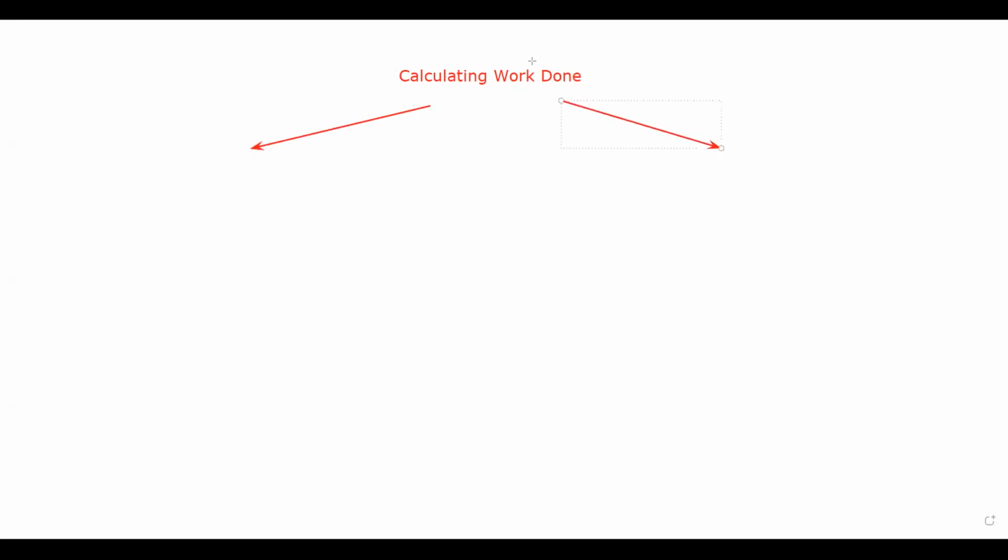Number one, if we are pushing or pulling the object, and number two, if we are lifting the object. So if we want to calculate